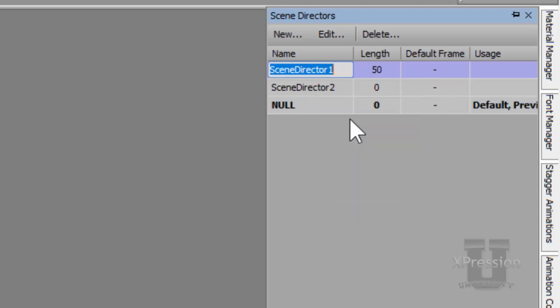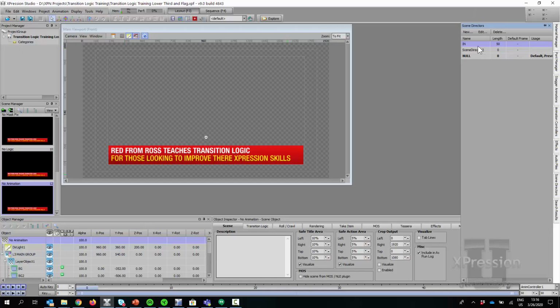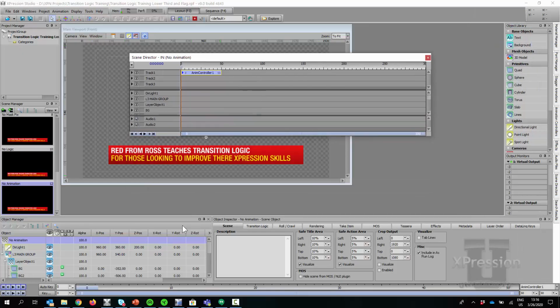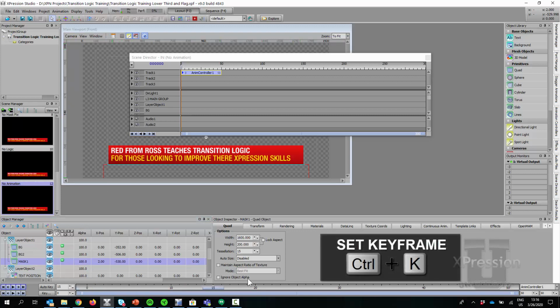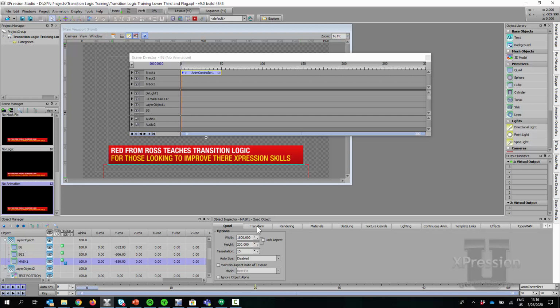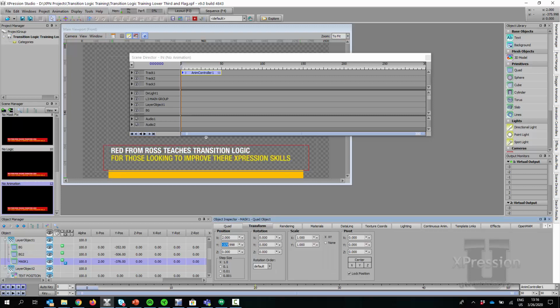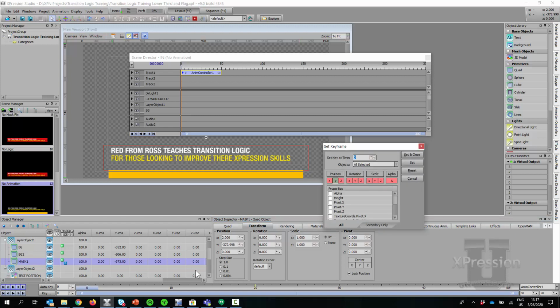And we're going to start with this guy, and we're going to call this scene director one in. And we're going to start by animating our mask. So the mask is going to animate first. It's going to animate on Y. It's already in its end position, so let's actually start it in its end position. And it needs to start at the beginning, obviously. And so we're going to move it up so that it covers up our... Don't worry about the text for now. We're going to worry about that later. And don't worry about that orange object either. Okay, so let's do a Control K on Y there, making sure you've got the mask selected here.